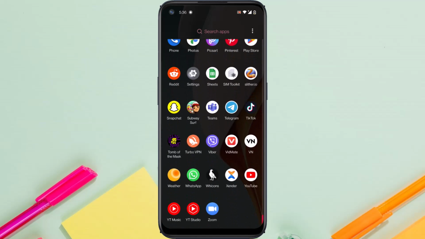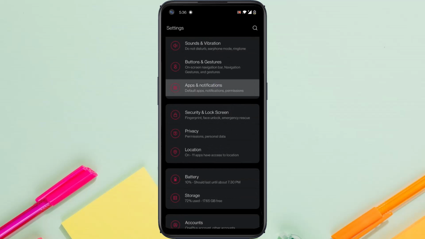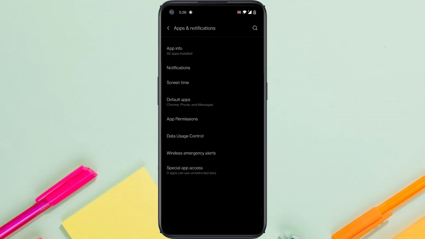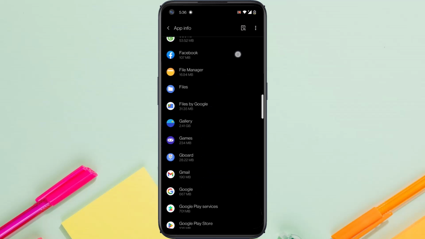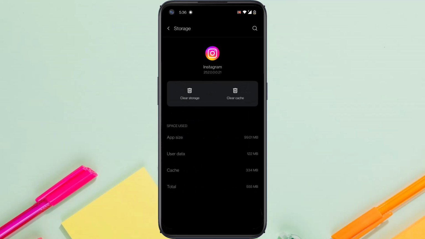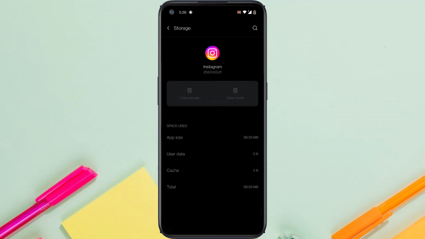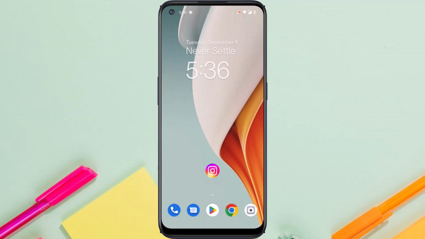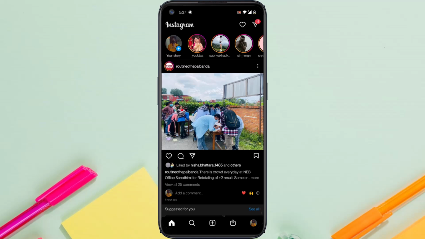go to your settings and then go to apps. Now search for Instagram. And then try force stopping the app, then go to storage and then clear cache memory as well as your storage. Now after you've done this, go to your Instagram, then log into your account, and now you can try using the feature of music on your Instagram story,